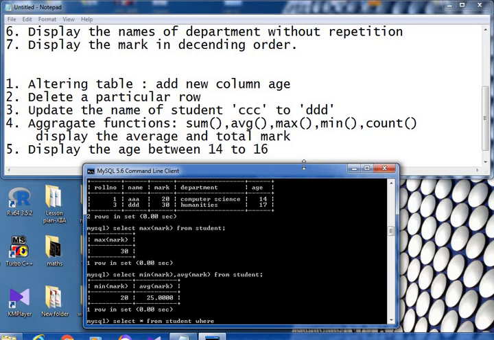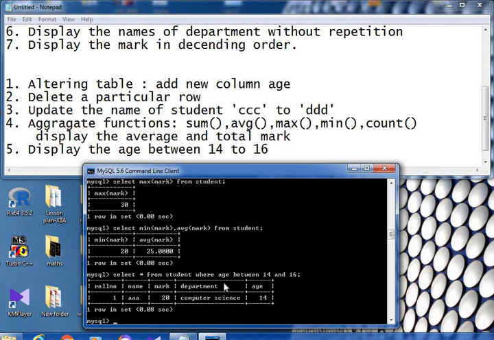Here we are including 14 and 16. In this case we are using between: where age between 14 and 16. How many rows will it return? Only one row.